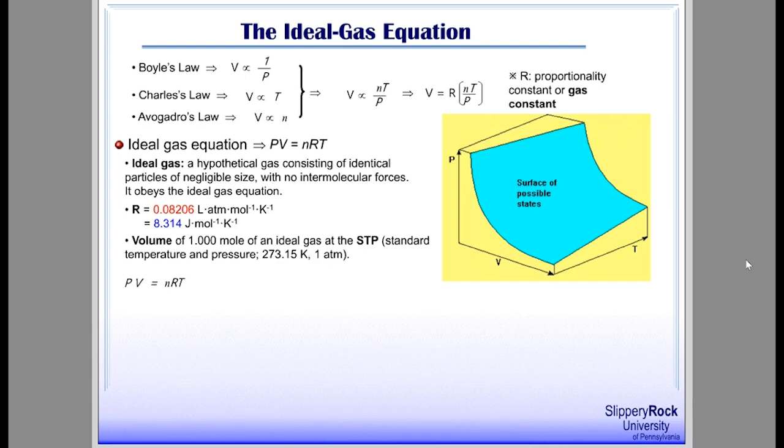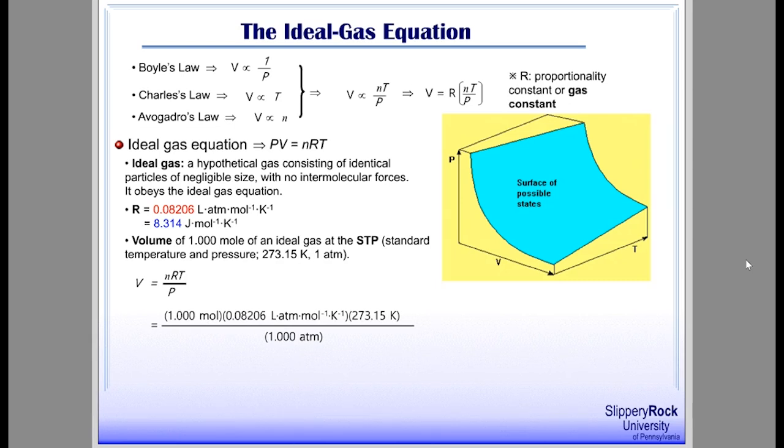STP stands for standard temperature and pressure, which are 273.15 Kelvin and 1 atm. The ideal gas equation can be rewritten with respect to volume, that is, V equals nRT over P. Plug in all the given values. Then it will be